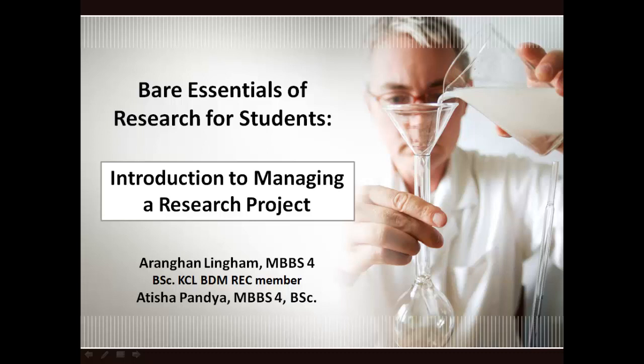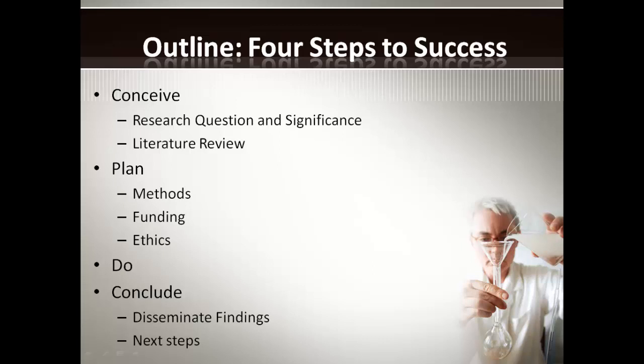And today our talk is titled An Introduction to Managing a Research Project. So today we'll be going over the 4 steps to a successful research project. The first step is the conception of a research question and its associated literature review. The second step is the planning of a research project, including its methods. The third step is the actual doing of a research project, and the final step is the conclusion and dissemination